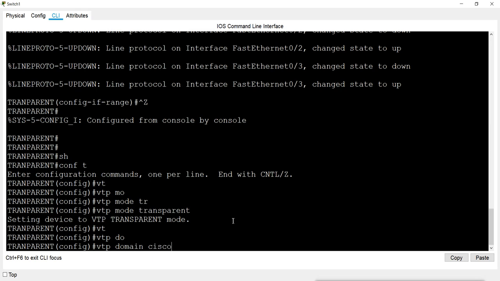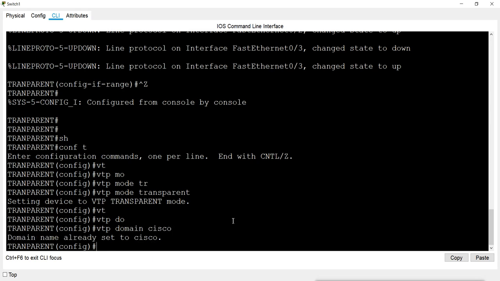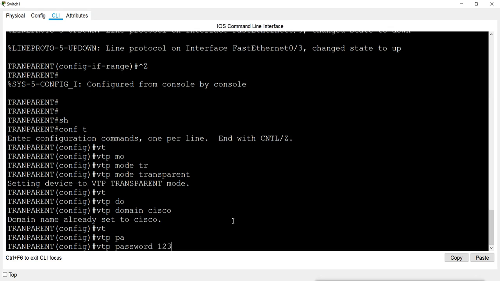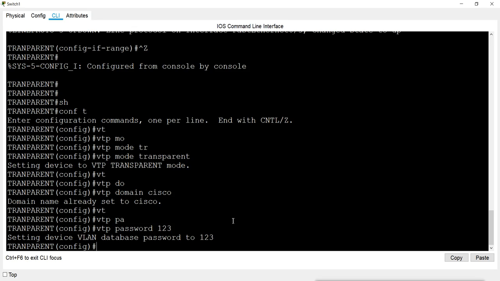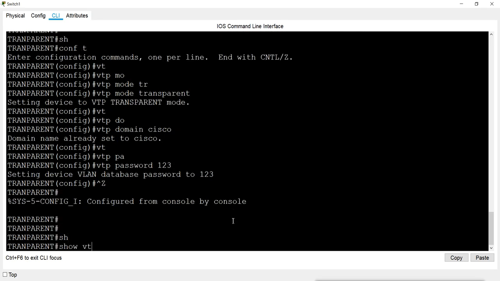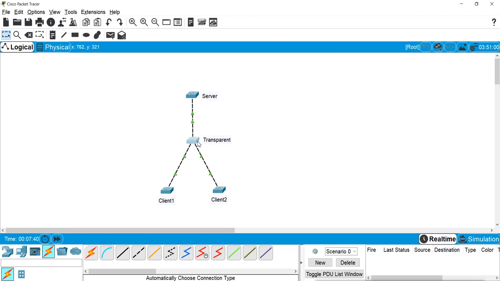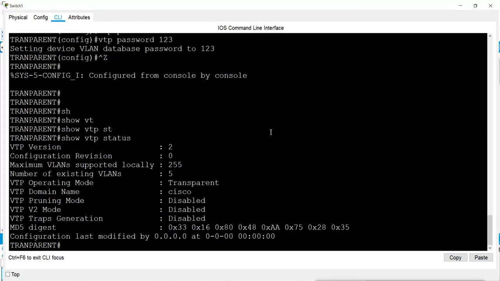You can use any name. Then vtp password 123. Done. We can check show vtp status. Now I will go to those two clients, and again we still don't have any VLAN here either.